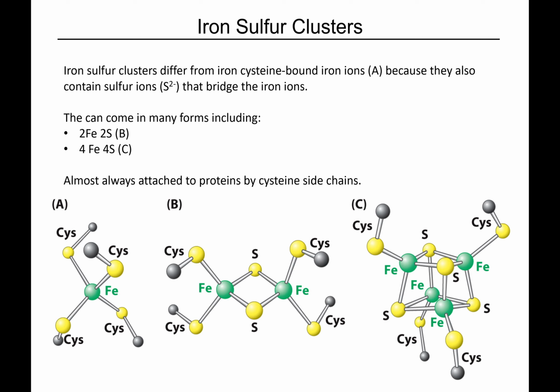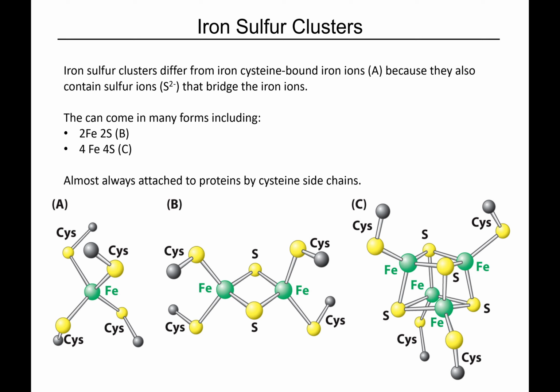The other type of prosthetic group we talked about that we haven't seen before are iron sulfur clusters. In Dr. Hurlbert's class, he may have shown these to you and explained their role. What I want to point out is that there's lots of different types of them. They come in many different forms. It could be as simple as a single iron atom that is anchored in place by bonds with 4 cysteines. This is considered an iron sulfur cluster. It is simply an iron site bound to the enzyme.